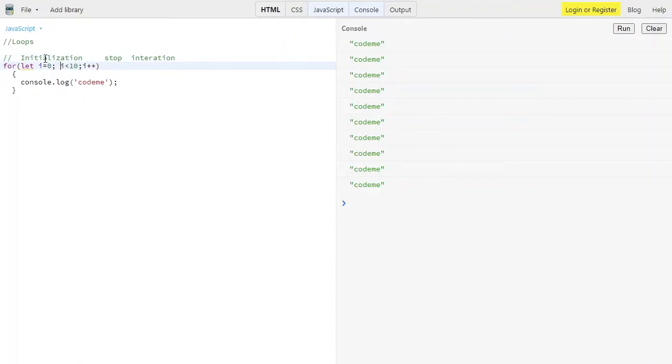See, that's how it works. Let me put it this way so that it can be clear to you.